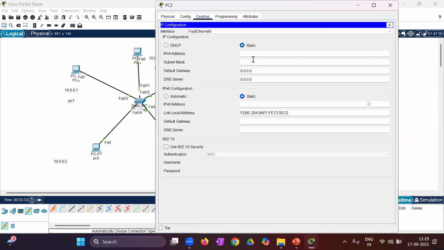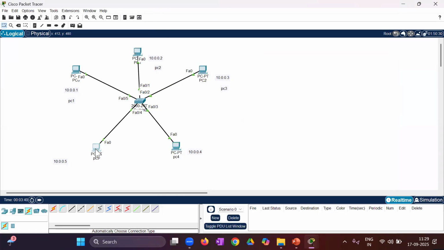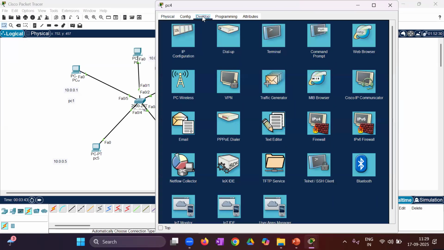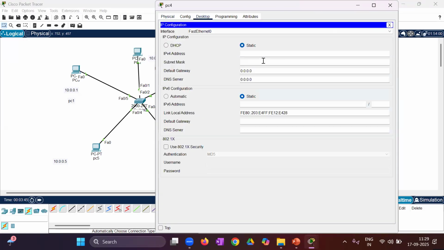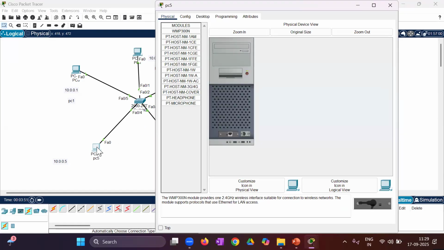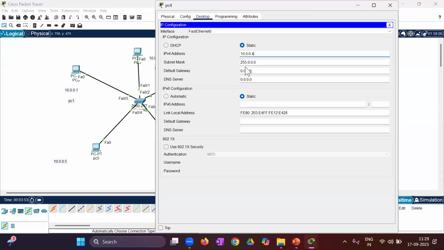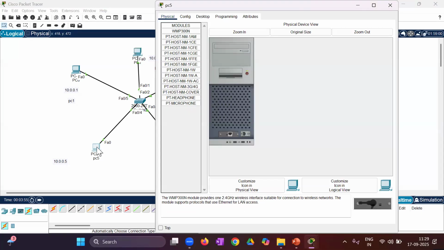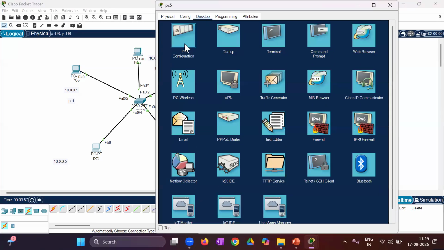Desktop, IP configurations, 10.0.0.3. Desktop, IP configurations, 10.0.0.4. Desktop, IP configurations,